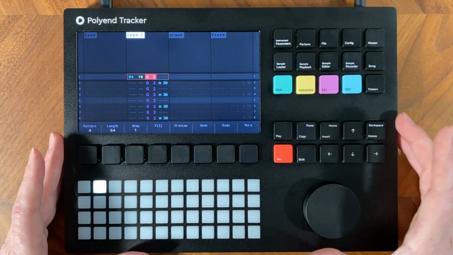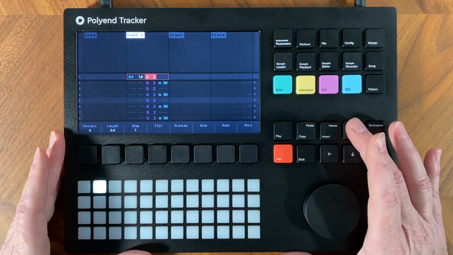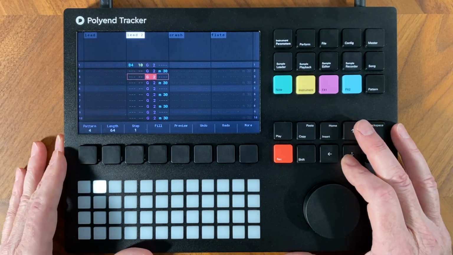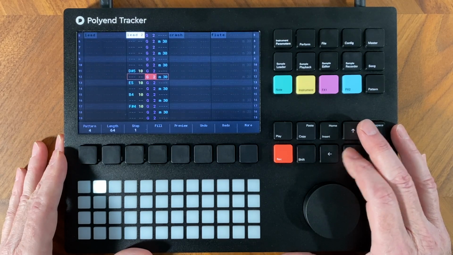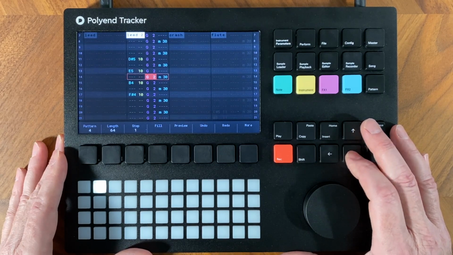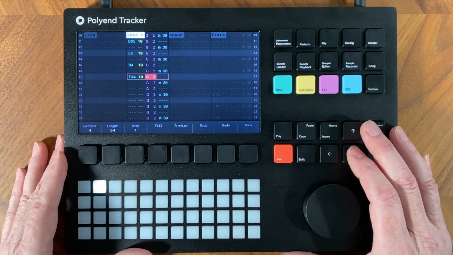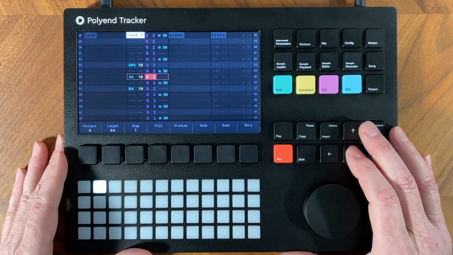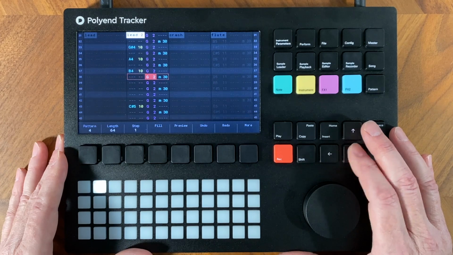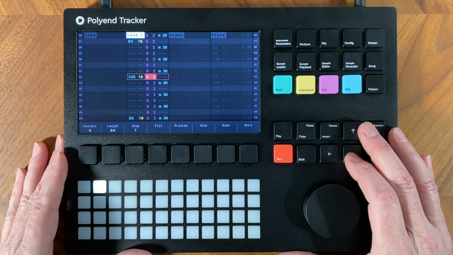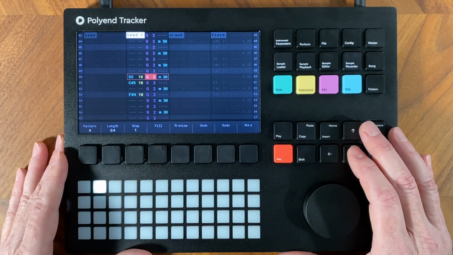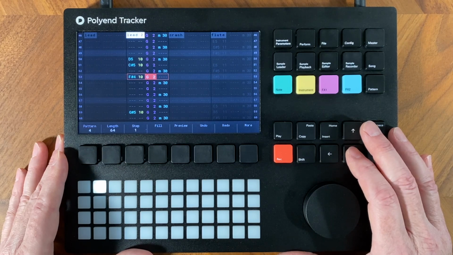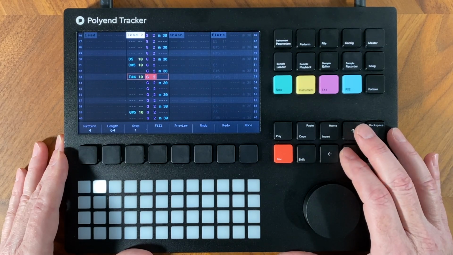Okay, so let's go through the notes that are played there. It's instrument 10, and you got a B4 on step 1, D sharp 5 on 11, E5 on 13, B4 on 15, F sharp 4 on 17, G sharp 4 on 33, A4 on 35, B4 on 37, C sharp 5 on 43, D5 on 50, C sharp 5 on 51, F sharp 4 on 33, F sharp 4 on 53,